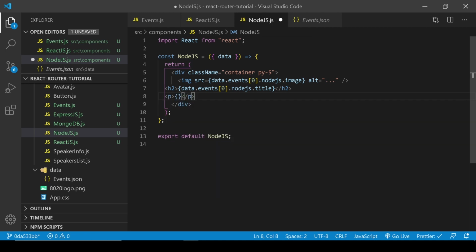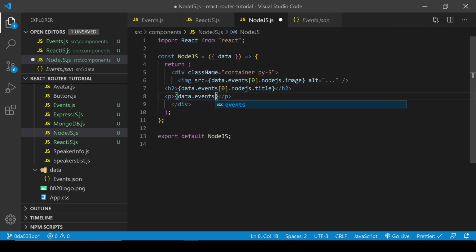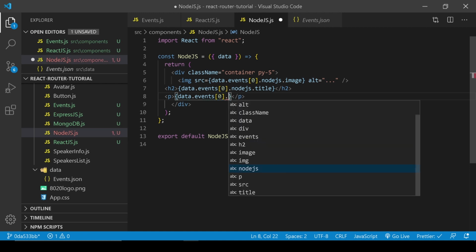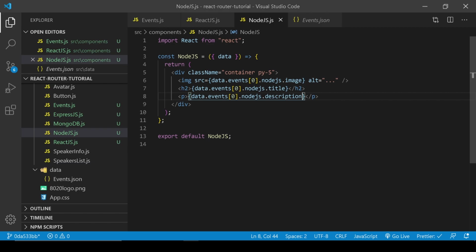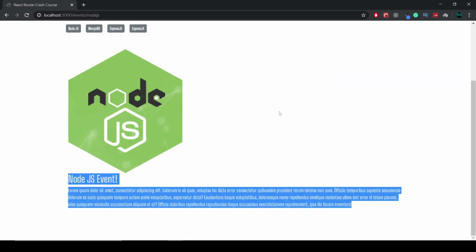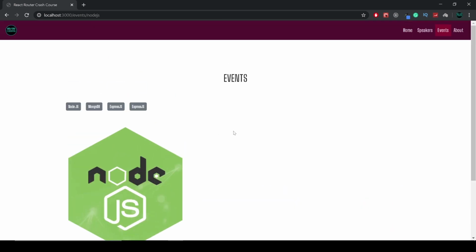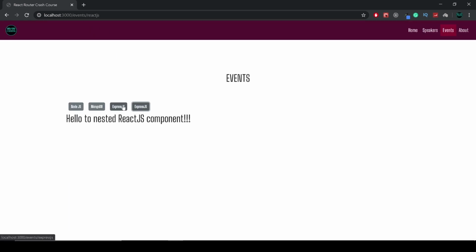The curly braces, data dot events 0 dot node.js and description. Spelling right? Okay, let's check for now. Yes, we get it. Alright, guys, let's continue, and we will style after we bring all the data. Okay,